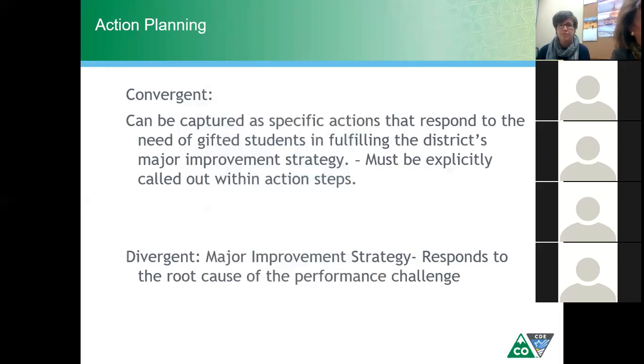And so some of that might include, how are we thinking about maybe some of the specific professional development that might be needed around differentiation, extension. I would say also around perhaps the role of coaching that might be provided overall. But if there are some things that are being explicitly expected for gifted education students, what's the coaching that's going to happen for them? Who's responsible for that? Is that going to fall to the principal, or is that maybe going to fall to a district level gifted education specialist, right? So just acknowledging where those needs are different.